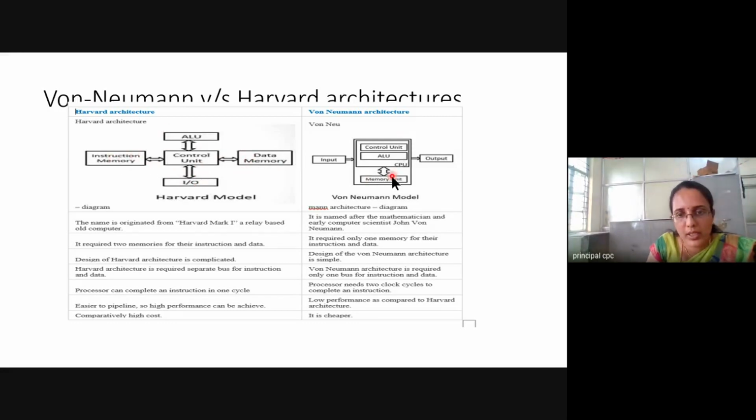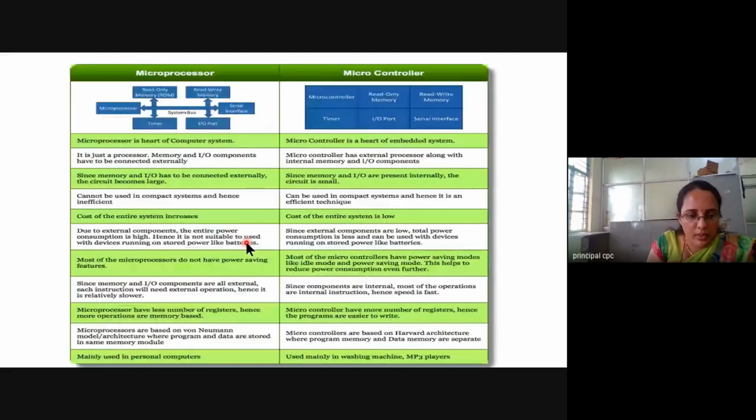But here you can see there is only one memory unit, meaning both instruction and data are accessed with the same memory unit. So separate memories here, and the same memory here. So this is von Neumann architecture, and microcontrollers are of Harvard architecture.